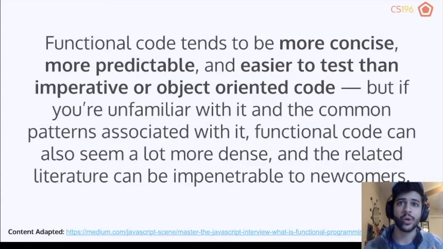It tends to be more concise, more predictable, easier to test than imperative or object-oriented code. But if you're unfamiliar with it and the common patterns associated with it, functional code can seem a lot more dense, and the related literature can be impenetrable to newcomers. So I think this is a very important idea to bring up, the benefits of functional code and the barriers